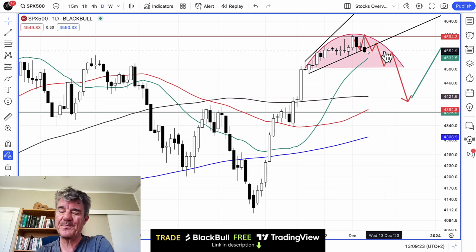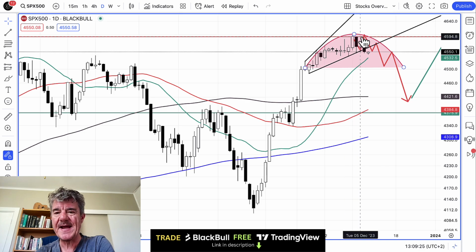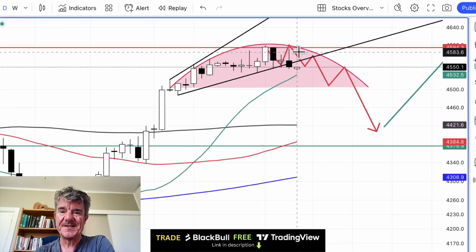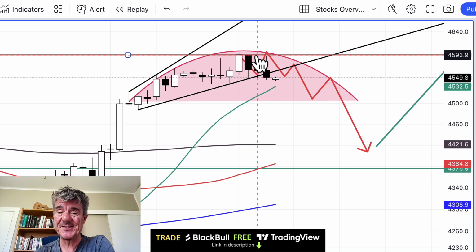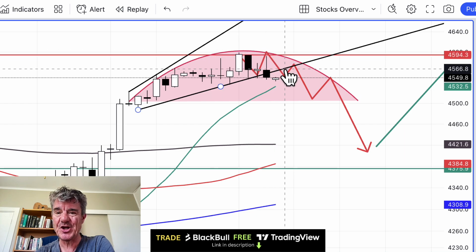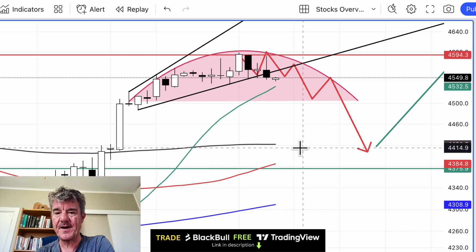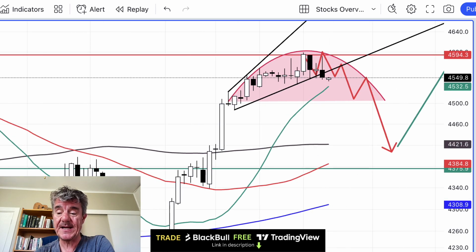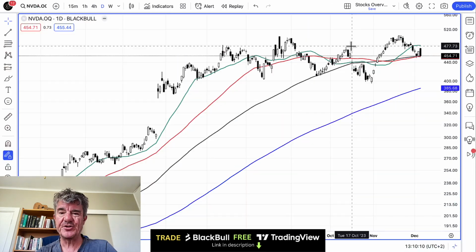And I said we'd get this potential rounded top, but we may have to test the top of the dome several times. It's exactly what we did yesterday and on previous occasions, and we're just testing the top of that dome and beginning to follow this red path, which I thought had no chance of working out, but there you go. Pretty good. The other trade I wanted to take yesterday was short Nvidia at around $480, and we